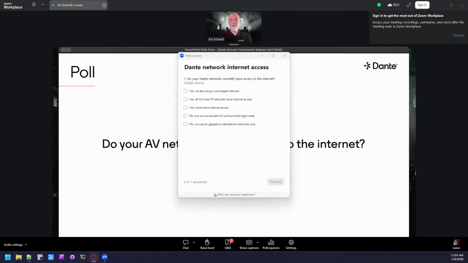Right now, our on-premise tool is Dante Domain Manager. Some of you may be aware of that tool. That tool is a very powerful tool. It's been around for a long time. It does offer a lot of options for managing your Dante networks. But we have a lot of options. We still do want to know where people are and what their current abilities are within their networks.